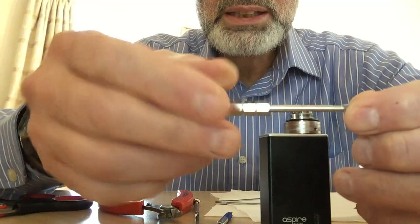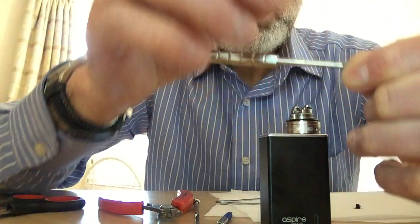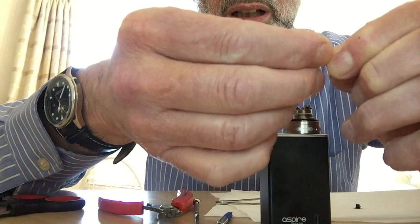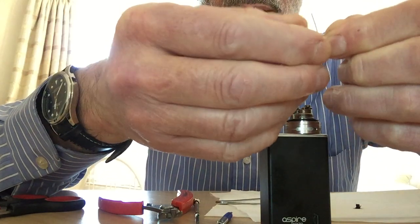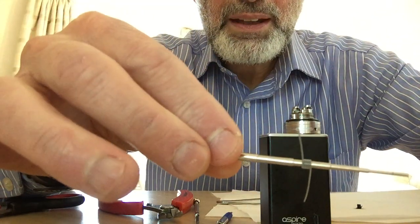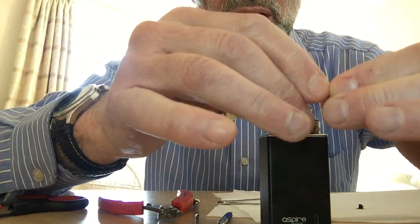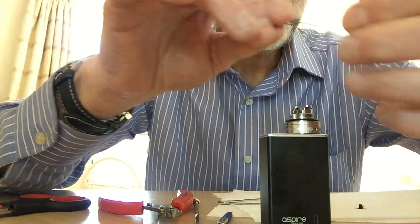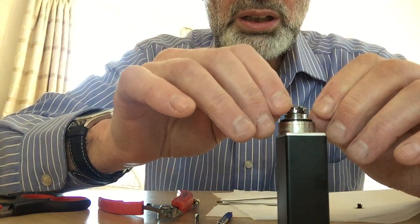And what I do is I add another half twist, so I can get the coil mounted properly. So what I end up with is a coil looking this way. Now some decks you don't have to do that because the posts are parallel to each other, but here they're opposite each other. So what we want to do now is to mount the coil in,